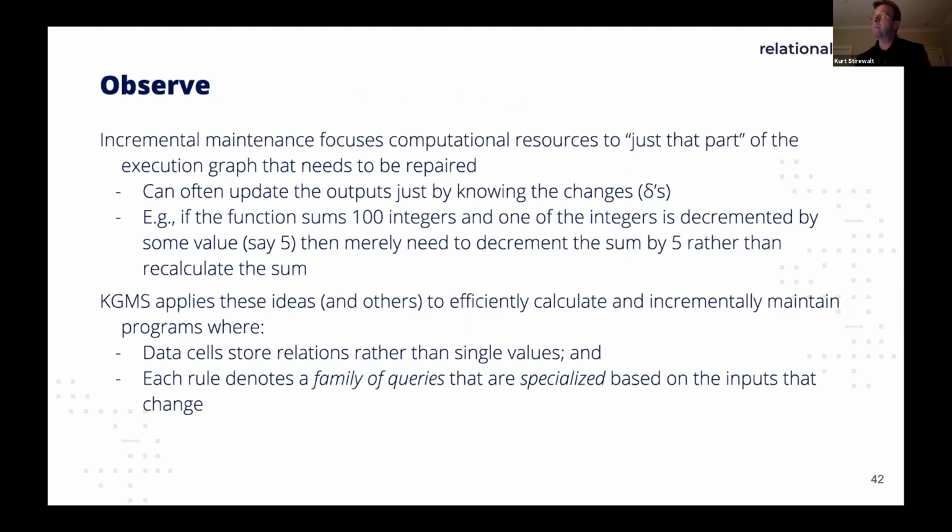That was a simple example. We can also update the outputs just by knowing the changes, i.e. the deltas, right? So for instance, if one rule calculates the sum of 100 or maybe even 1,000,000 integers, and one of those input integers changes from 202 to 200, there's no reason to compute the entire sum. Rather, we just deduct 2 from the previously computed sum. You can just imagine the ability to use algebraic identities and all kinds of neat little things you learn in high school